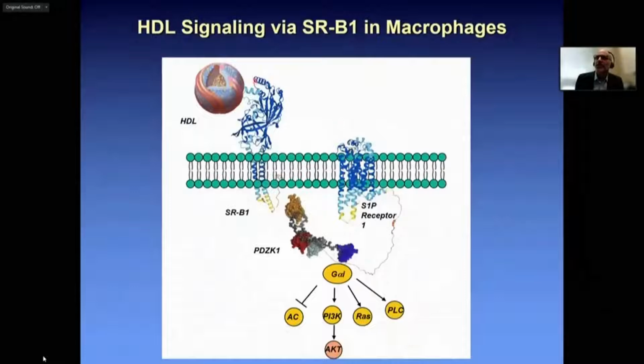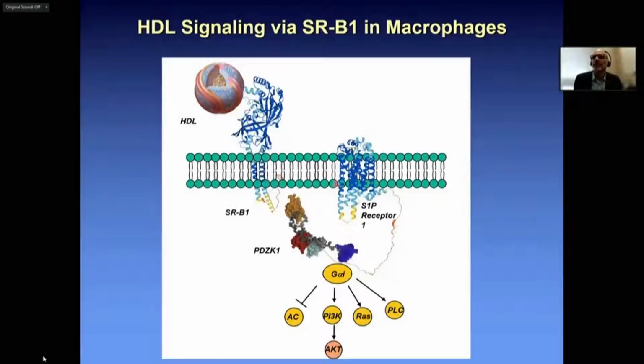So this suggested that SRB1 and PDZK1 played an important role in mediating HDL signaling, leading to protection of macrophages against atherosclerosis. Now, in other research that I'm not going to show you the data of, but I'll just summarize,